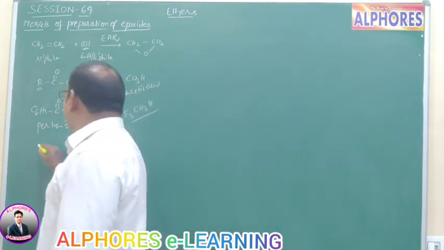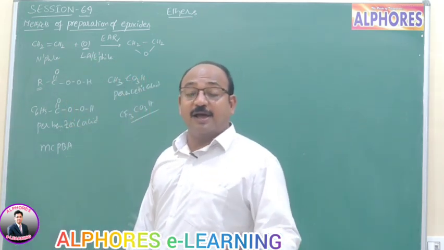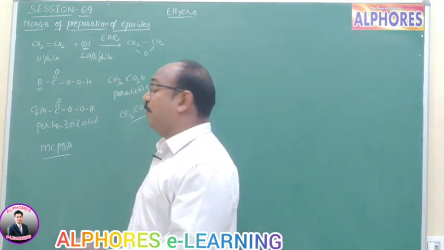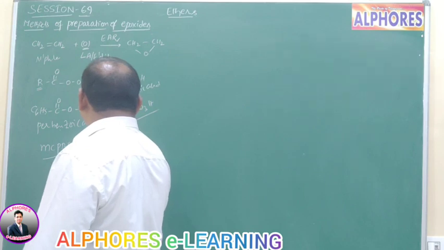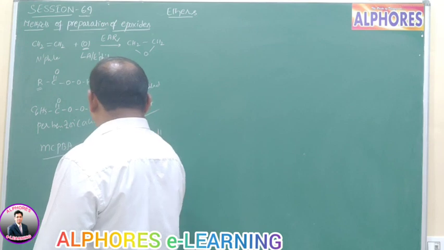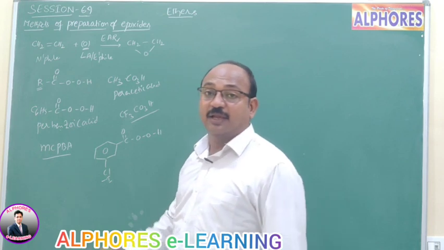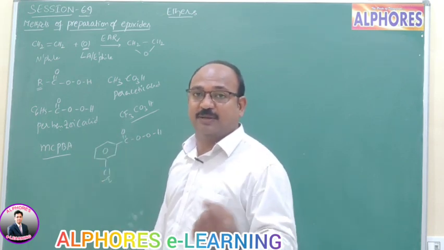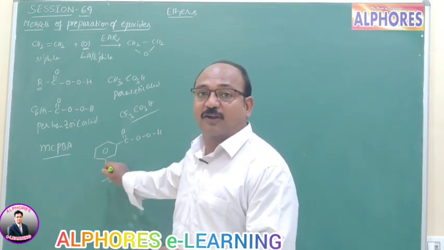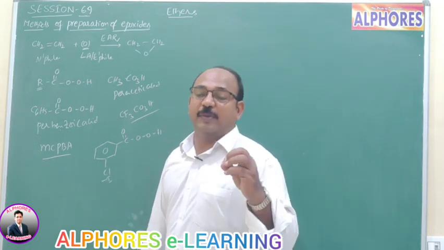So in that category, metachloroperbenzoic acid is a specialist for epoxidation. Metachloroperbenzoic acid, this is what we call MCPBA. It means in the meta position chlorine is there, perbenzoic acid, OOH, in the meta position chloro. This meta chloro acts as only a minus sign. In ortho and para there is a possibility for a plus sign, but in meta there is no possibility for a plus sign. It acts as only a minus sign, meaning an electron-withdrawing group. So metachloroperbenzoic acid is preferably used for epoxidation.